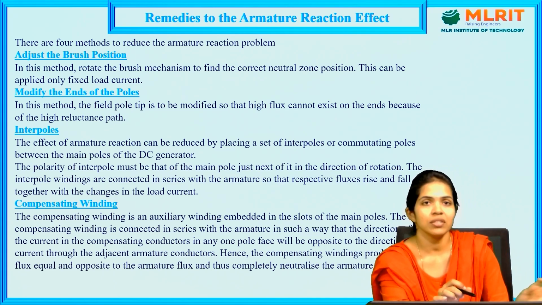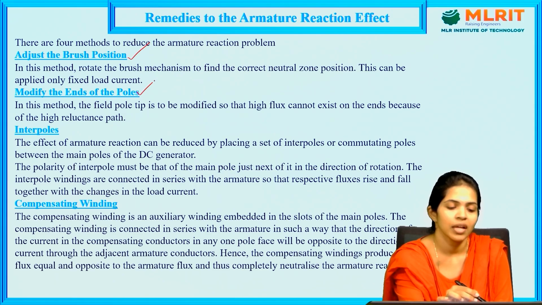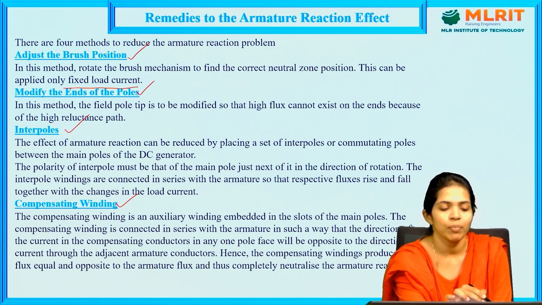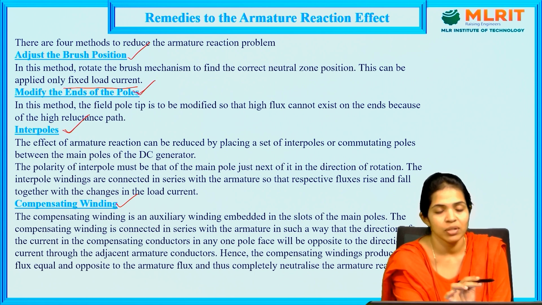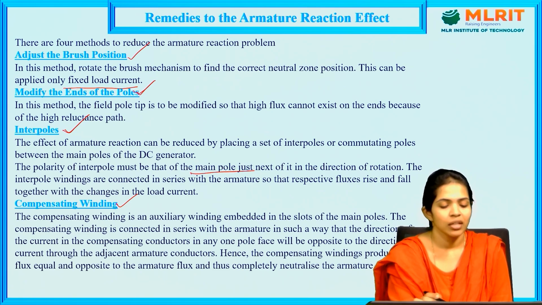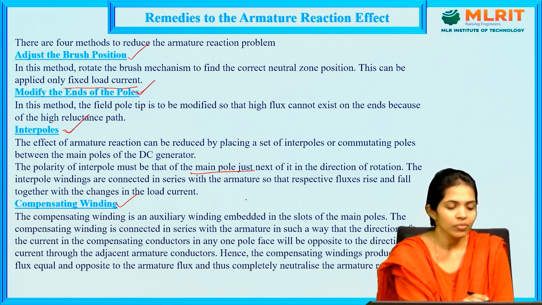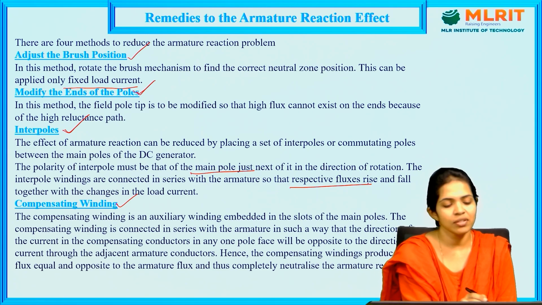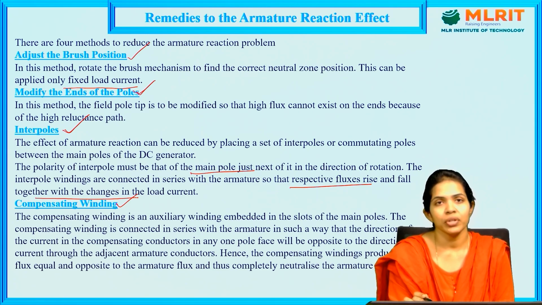So these are the four methods to neutralize the armature reaction effect. That is, adjusting the brush position, which is applicable to fixed load currents, and we also modify the end of poles such that there is a uniform distribution of flux. We place interpoles in between the main poles, which are connected in series with the armature windings, such that these interpoles will align with the main field flux, but they will neutralize the armature reaction produced by the armature conductors. So it will neutralize the sudden flux rise and fall due to the sudden load changes